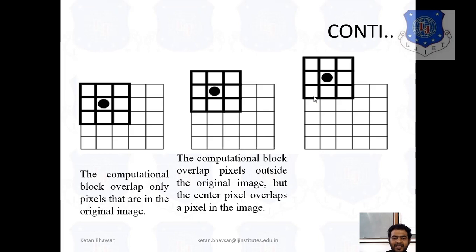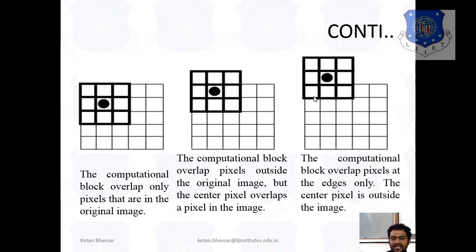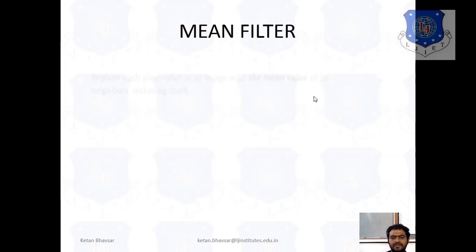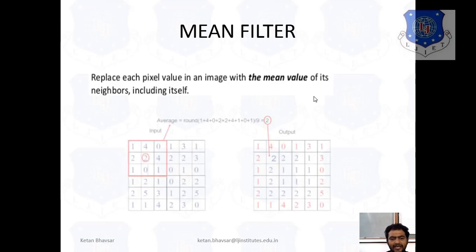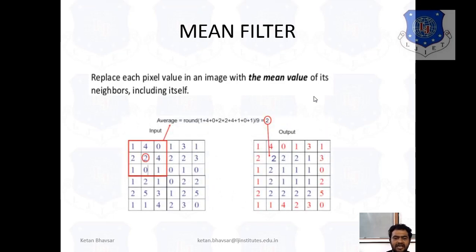It's overlapping, and it starts from the top left, beginning the overlapping process and calculating the values. Now we're talking about the mean filter, which is also very popular. We also discuss what exactly the median filter is. In the mean filter, we have to take the neighboring values, and you can see how we are calculating. So here you can see the approximate value.